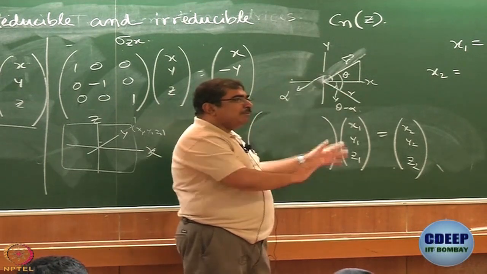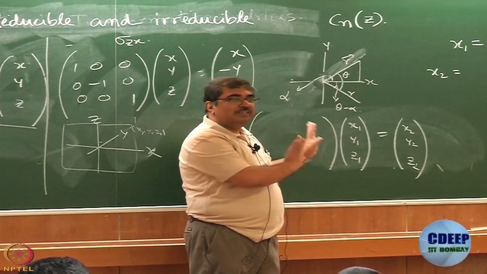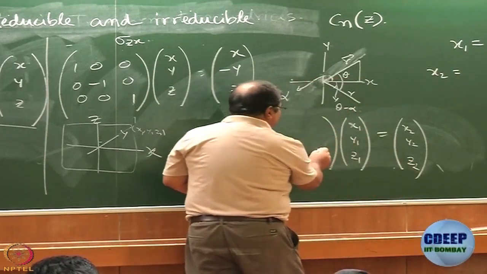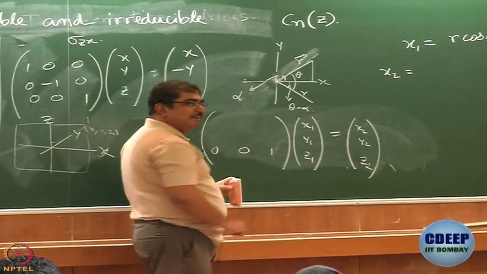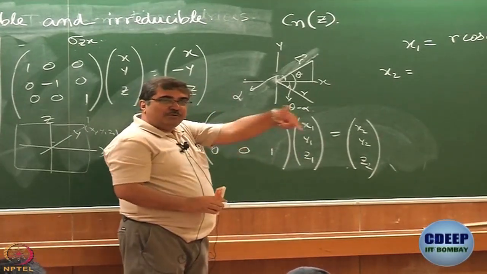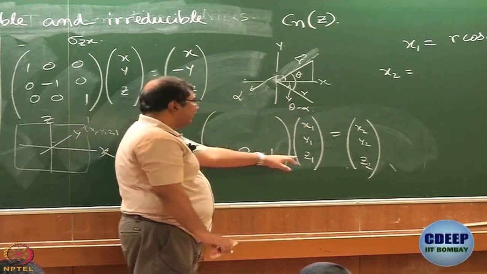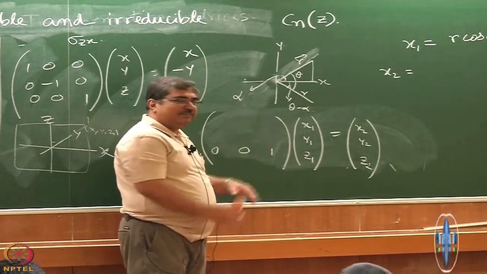Okay. But maybe we can get z out of the way before that. What is z2? z2 is equal to z1. I might as well write that. So, this one will be definitely 0, 0, 1, right. When I do a rotation with respect to z, what I get is the z coordinate remains unchanged. So, this last row is going to be 0, 0, 1.